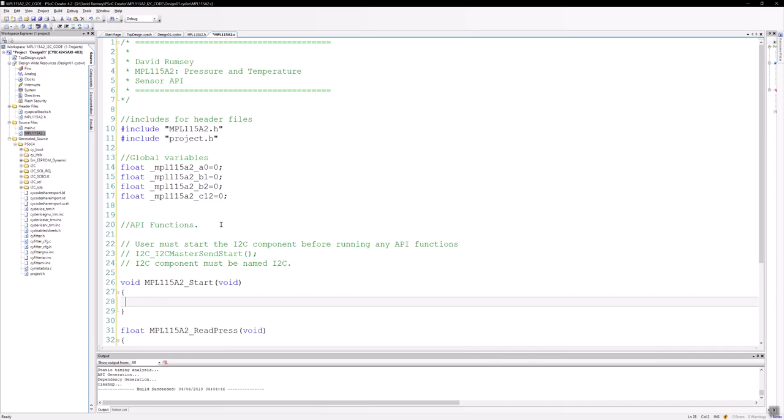Alright, so let's go ahead, and actually the longest function we're going to have to write, believe it or not, is the start function here. So we'll make a video just for the start function. So we need to read in my coefficients here. Well, if we look at the data sheets here, the way that these things are read in is that we're going to need